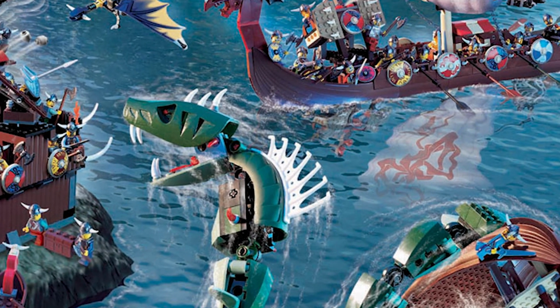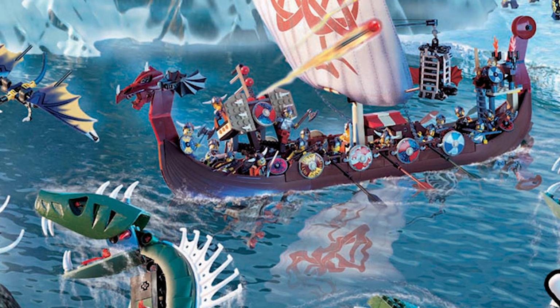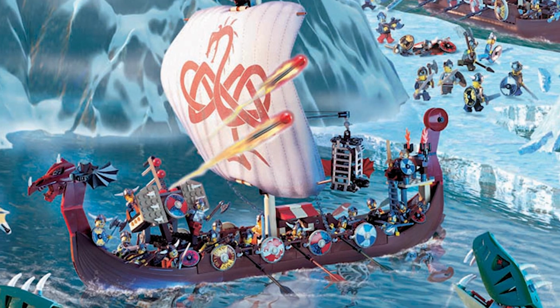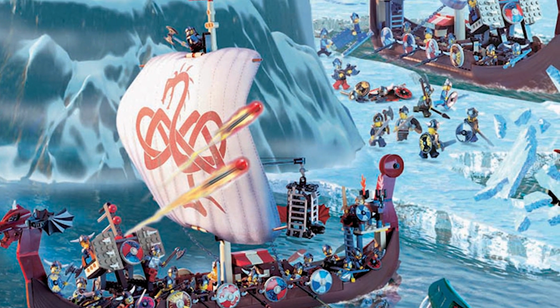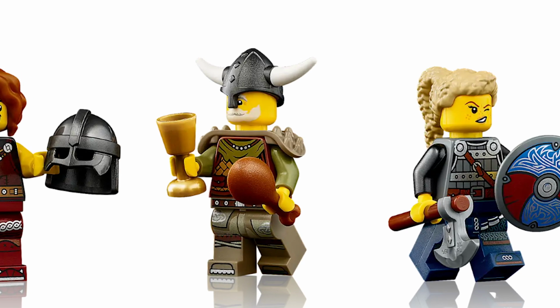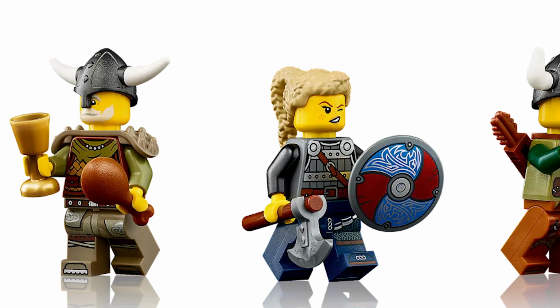But this thing, it's sort of fantasy, so it's okay if they throw some horns on it. It's kind of like the fantasy era of Castle. That's not a historically accurate theme, but it's taken some myths and legends of Vikings and added them in. I can understand it would have been nice to have that historical Viking helmet that we already have to be a part of the set